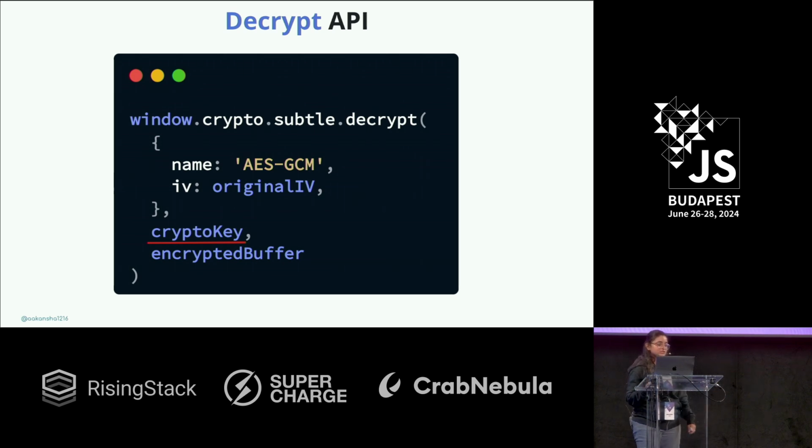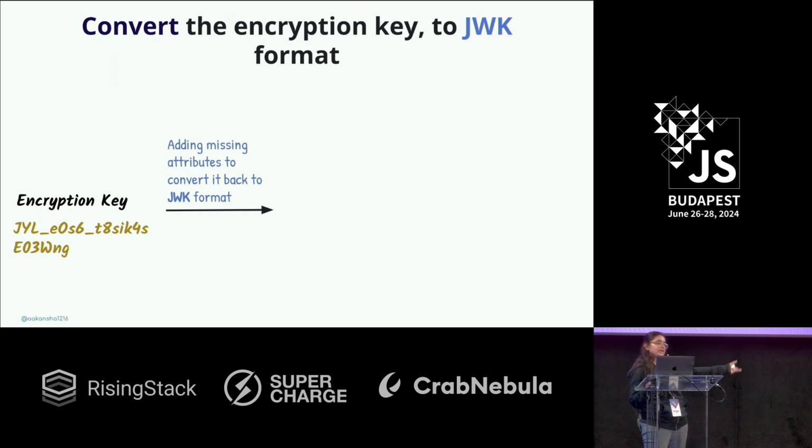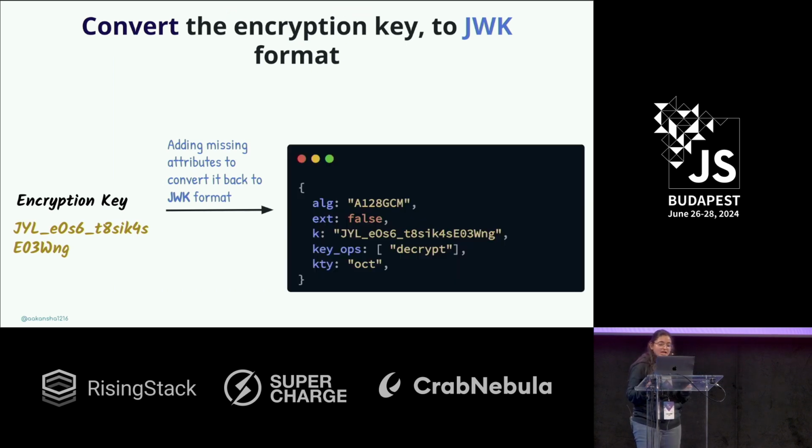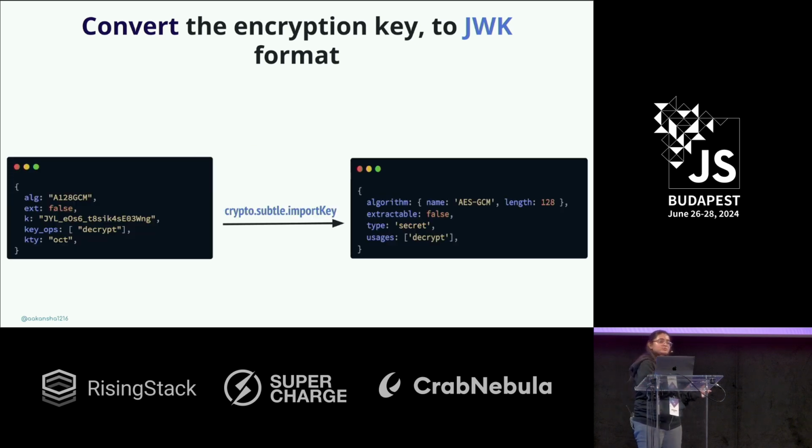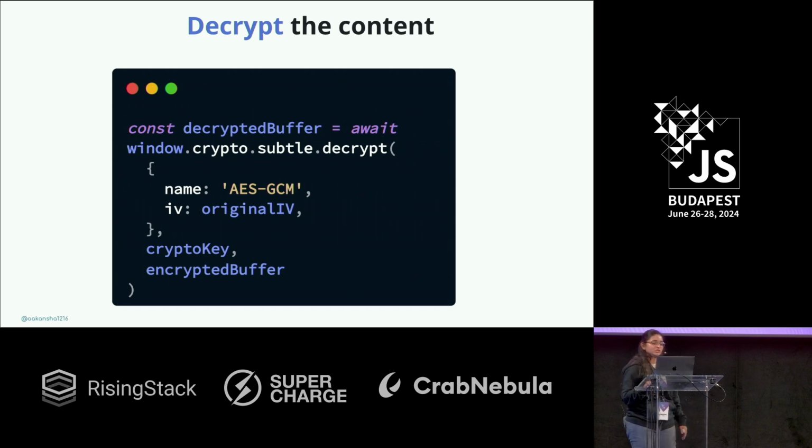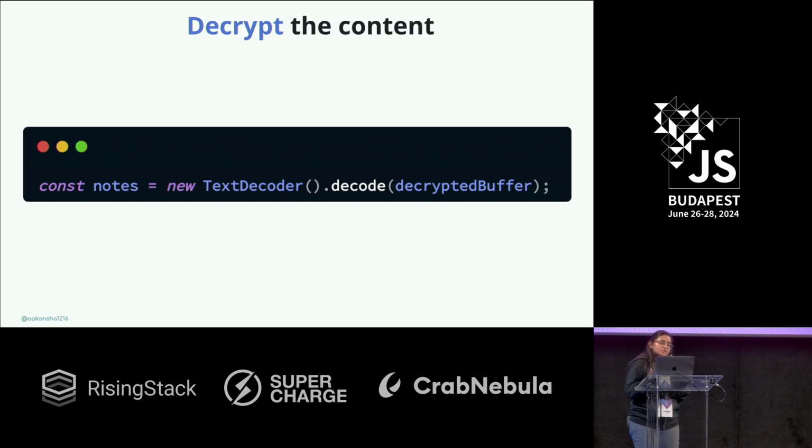So let's do the reverse engineering process here. I have the K parameter. I'll add all the remaining attributes, and this is the JSON Web Key format which I was talking about. The extractable parameter, if you notice, is set to false here because we don't need it to be extractable anymore, and we are just going to use it for decryption. Similar to export key, we have the import key API, and you get back the crypto key once you pass it through. So we have the crypto key, and we just call the decrypt API, and that's it. You get the data, and since you had encoded the data, you decode it.